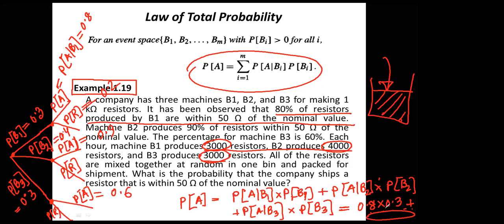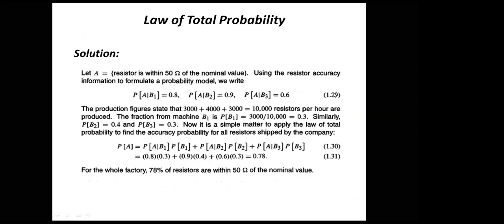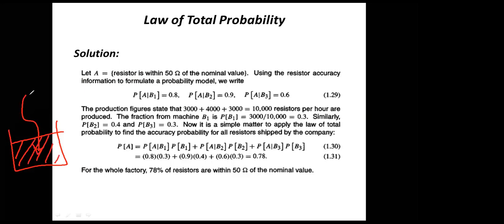Do you understand? Yes, sir. So that is the result that we are asking for. Now let's check the result. The result is 0.78. This 0.78 means 78% of the total production of the registers will be acceptable, those produced by the company,